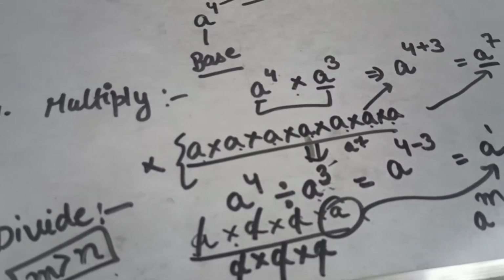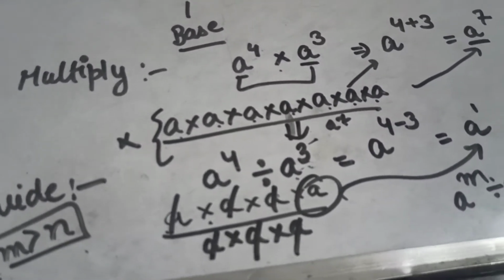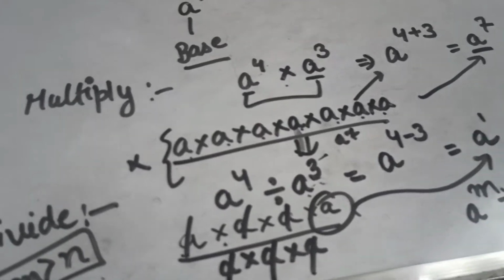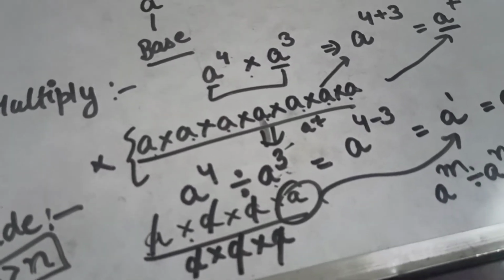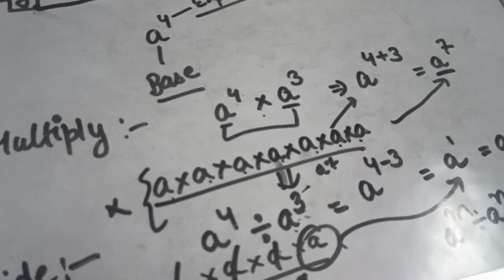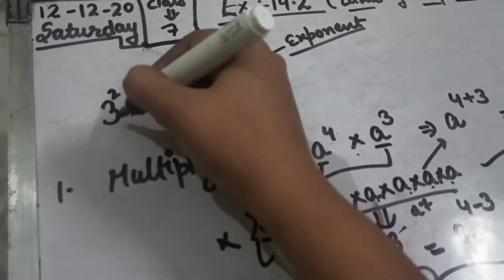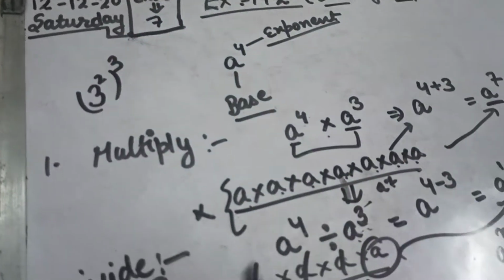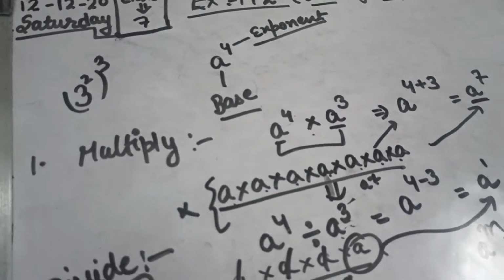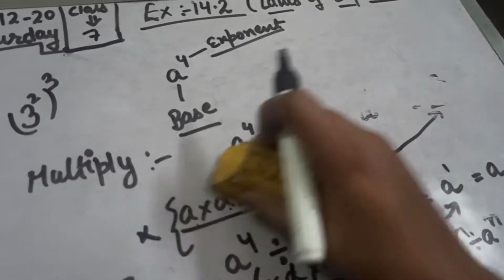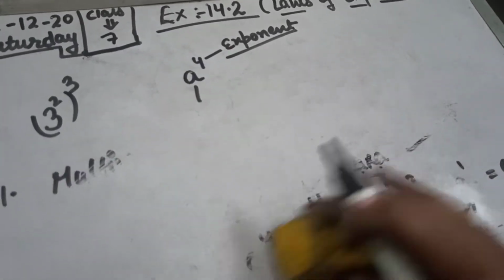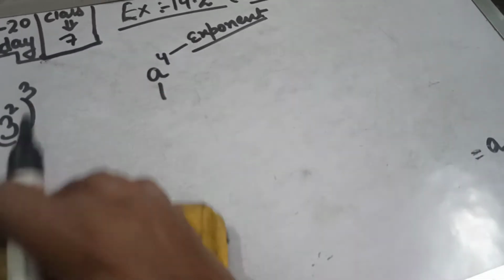After that, the next topic for this exercise is taking the power of a power. Like this one, 3 to the power 2, again whole to the power 3. So how will you solve it? These two laws are clear. Next, the third one is